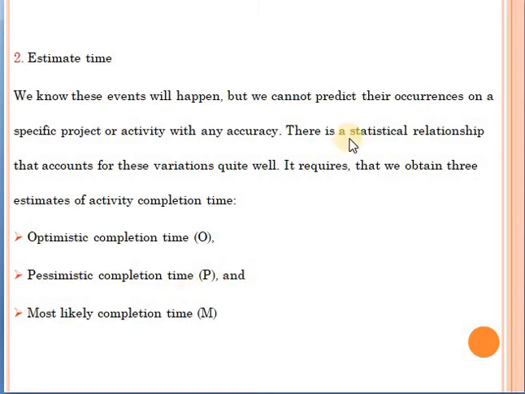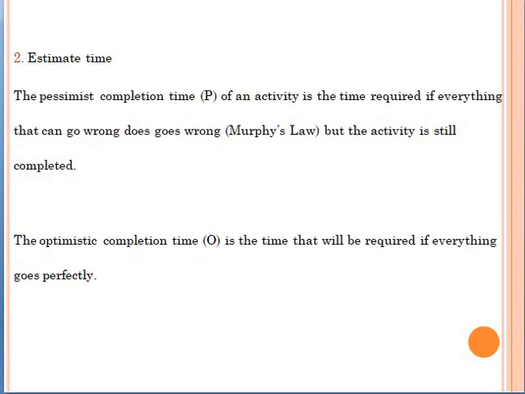So we have a statistical relationship that accounts for these variations, but in order to use it, we should obtain 3 estimates of each activity's completion time. We should get the optimistic completion time, which we refer to as O, the pessimistic completion time, P, and the most likely completion time, M. Now, with respect to the pessimistic completion time, we expect that everything should go wrong, okay, but the